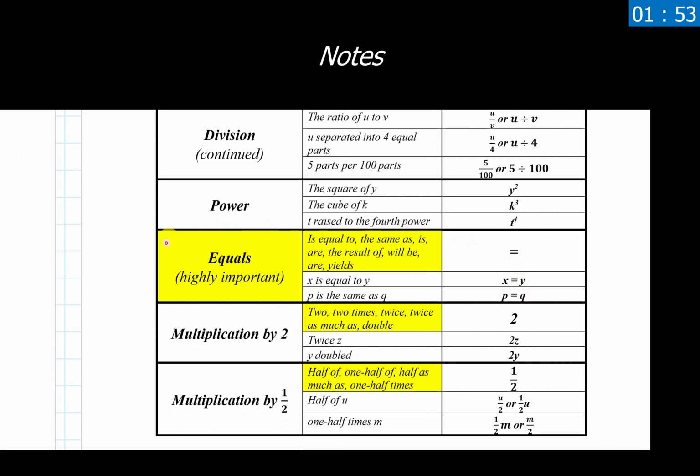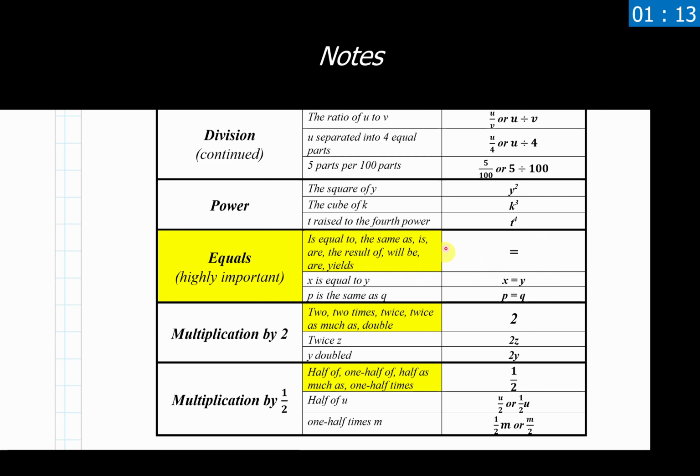Now, one that I find highly important and also very useful for breaking down big long paragraphs and big long sentences are which buzzwords correspond with equals, or the equal sign in here. So we have a list of these that I would again recommend pausing the video and writing down for yourself as necessary. The great part about identifying these buzzwords that mean the equal sign is we can effectively split up a sentence or split up a paragraph to being everything on the left side of the equal sign and everything on the right side of the equal sign.